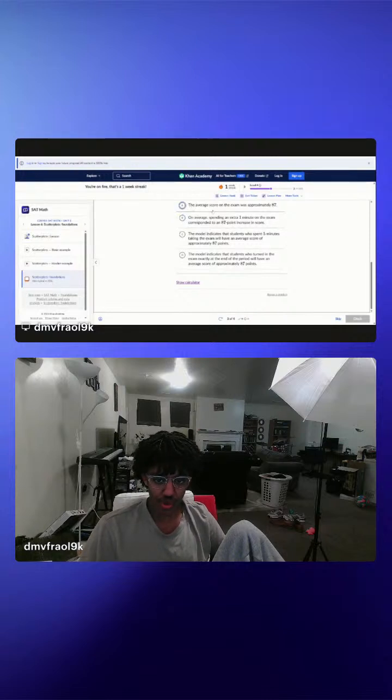The average score on an exam is probably 87. No. On average, spending 1 minute on an exam corresponds to an 87 increase. You might indicate that students who spent 5 minutes taking an exam